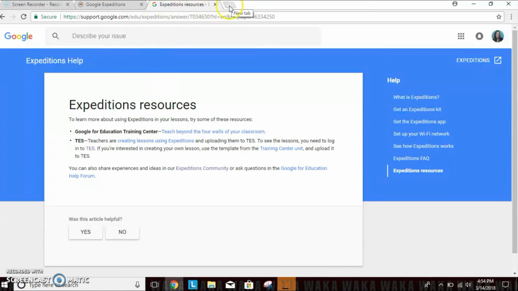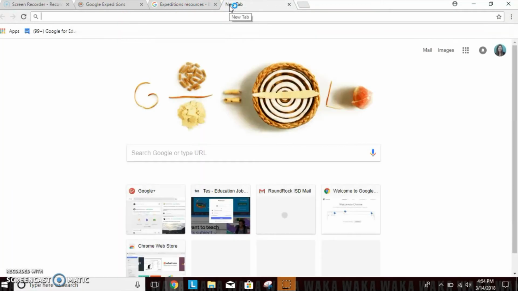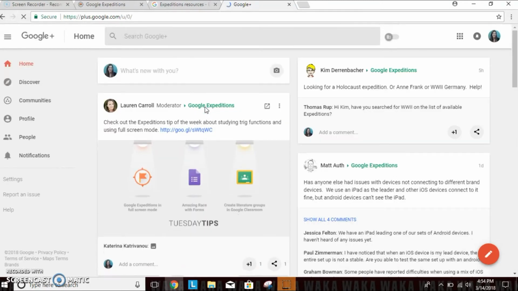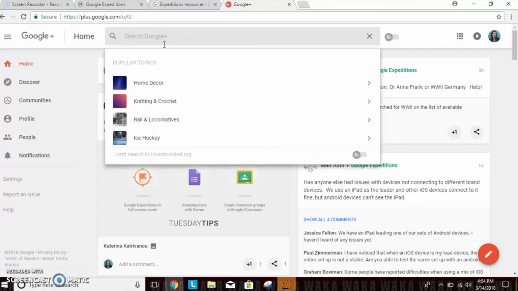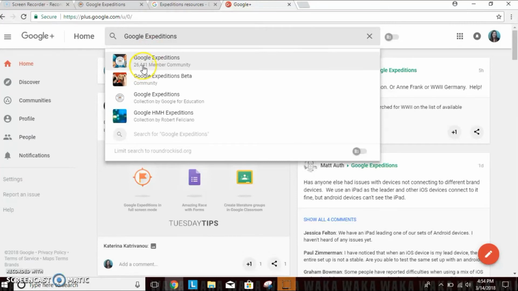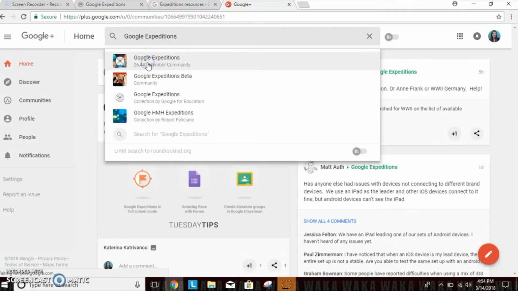But there's also another resource that some people just don't know about. If you go to the apps up here and you hit the G+ community page, then what you can do is type in, if you don't have this up here, because obviously I'm following Google Expeditions, but if you don't have this on your screen and it doesn't pop up, then you can just type in Google Expeditions, and then you're going to see right here that 26,000 people are already members of this great community. So if you click on that,